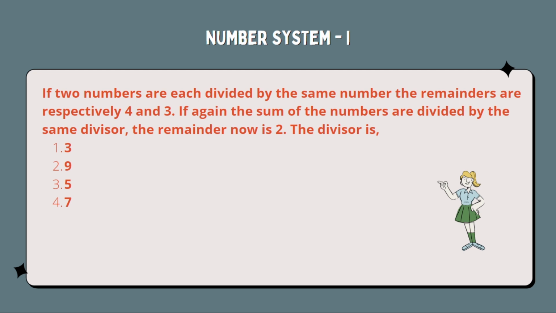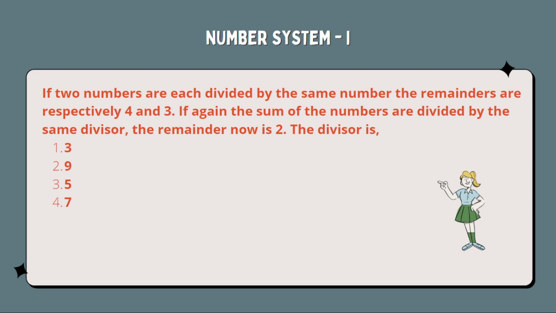Simply add the remainders. 4 plus 3 equals 7. Now tell me what should be the answer. Because if we add both the numbers, we will have to add both of these remainders as well. Let me tell you in a different way. Suppose a number is divided by 5 completely. Let's say 10 and 20. If we add both the numbers, the addition of these two numbers is again divisible by 5.